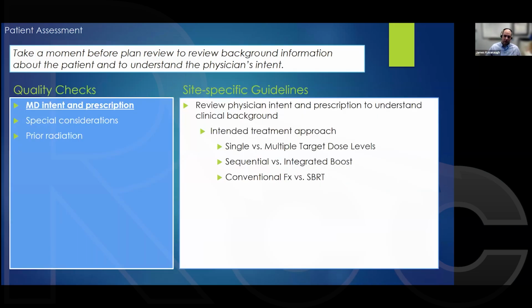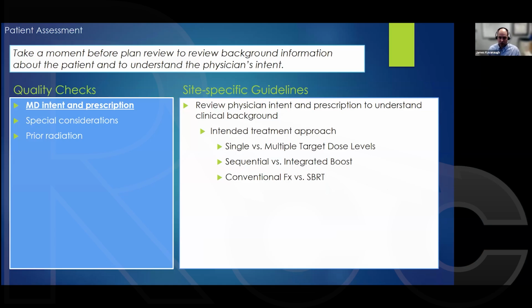So getting back into that MD intent and prescription, I already mentioned what the volumes are. I kind of mentioned looking into what the intended treatment approach is, but there are a few considerations here. I've already talked about, is it a single target? Are there multiple dose levels where we're boosting it? Is it going to be sequential, which is the more traditional method by which we would have treated nodal chains